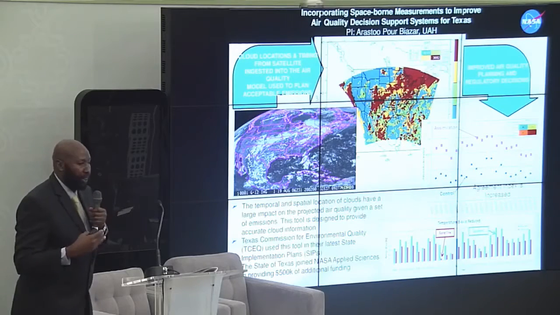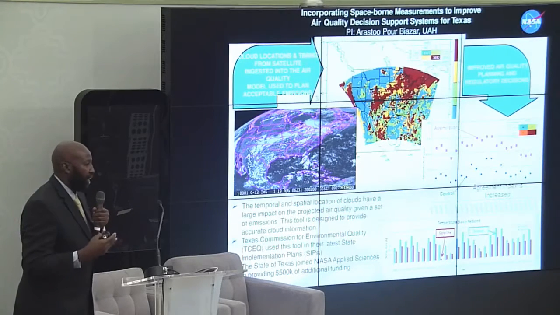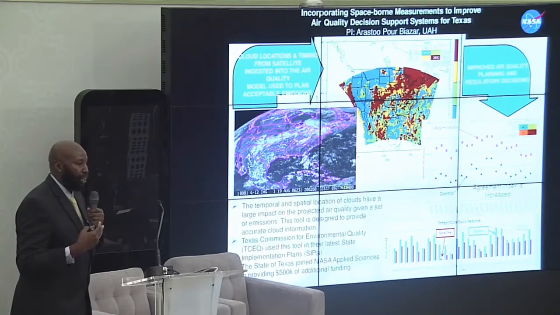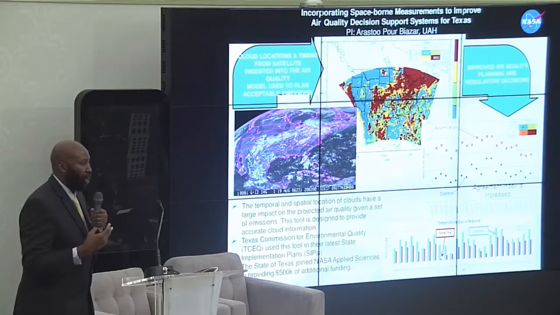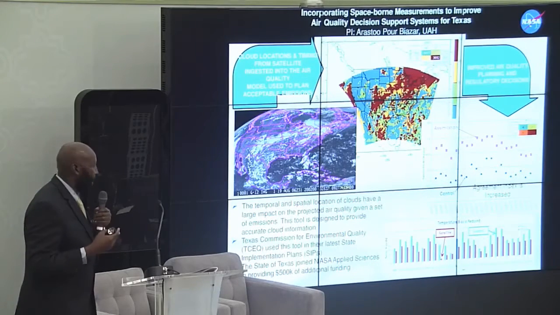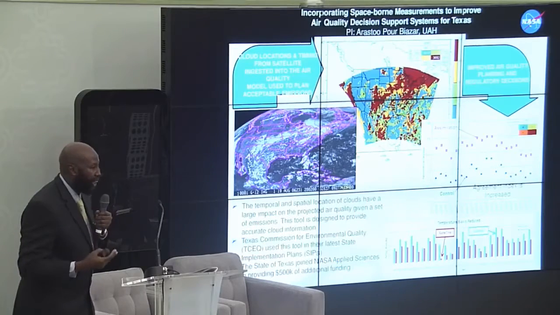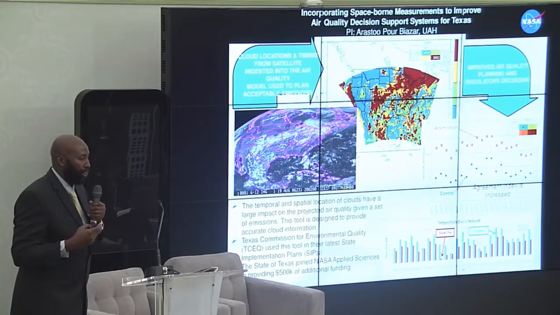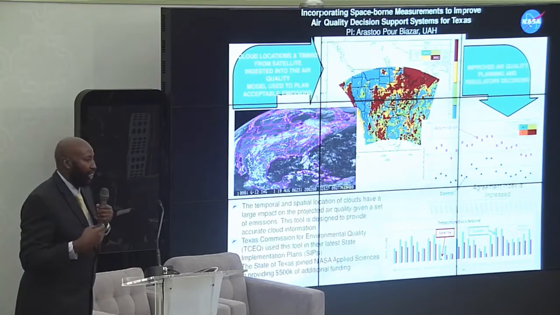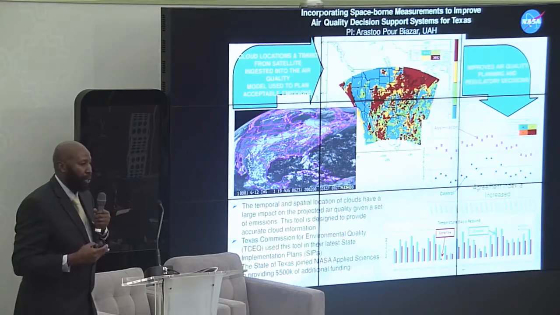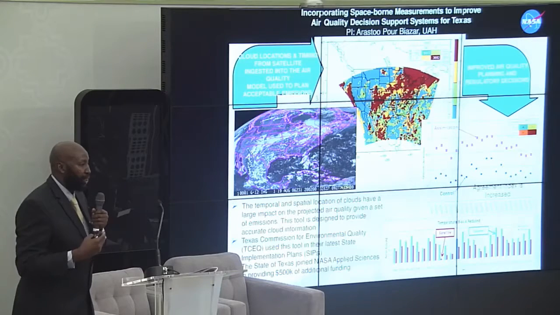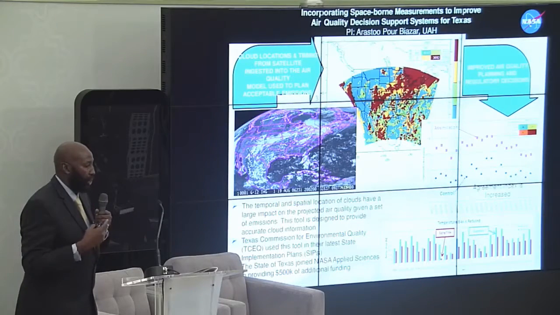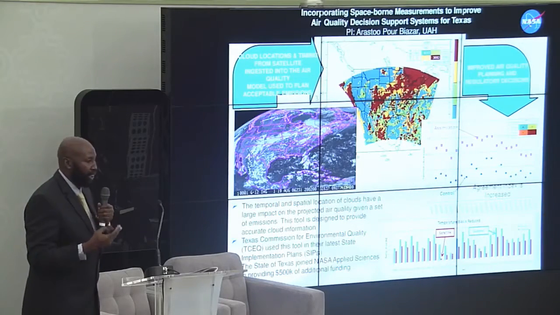Okay, we also support the state air quality agencies. State air quality agencies in the United States are required to maintain certain air quality standards within their state. And if there's a violation, then they're required to submit what are called state implementation plans. These state implementation plans depend on models. The models depend on data. And we have scientists who work with this state implementation